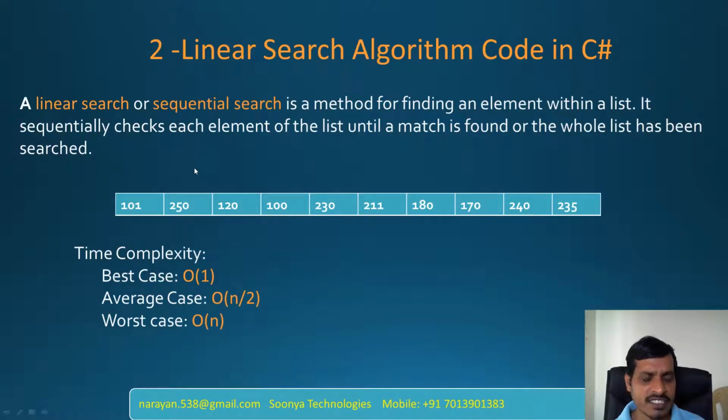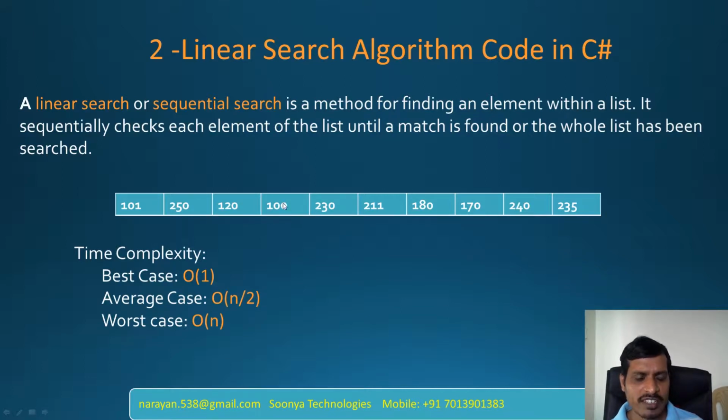We have discussed the linear search algorithm with code. How the linear search program works: for example, if we provide input as 100, then we need to find whether 100 is available in the list or not. So we will check from the 0th index, 100 compared with 101, both are not the same. Then it will check with the next one. Here 100 equal to 250, no. Then it will check with the next item. 100 equal to 120, no. Then it will check with the next item. Here 100 equal to 100, so true. So the student ID is available in the list.